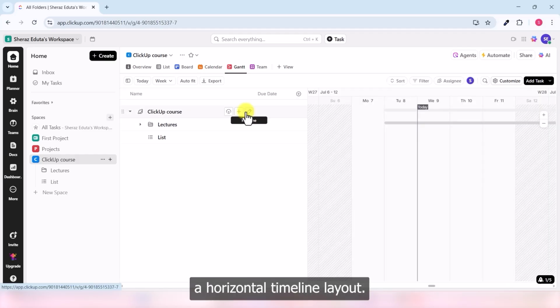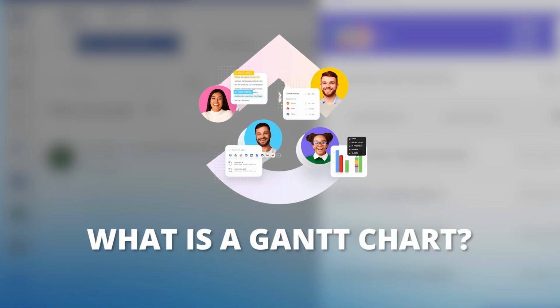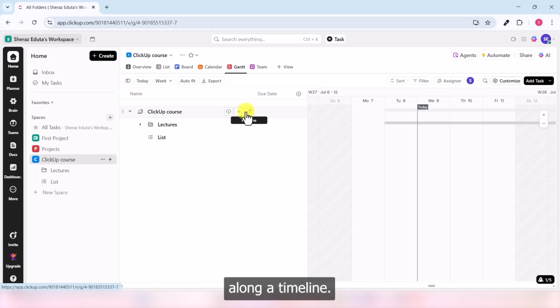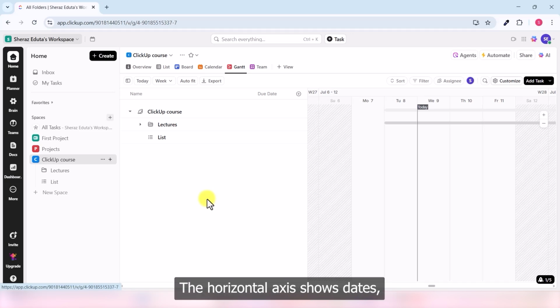This will switch your view to a horizontal timeline layout. What is a Gantt chart? A Gantt chart is essentially a bar chart that displays tasks as bars along a timeline. The horizontal axis shows dates, while the vertical axis lists the tasks. The length of each bar represents the duration of the task, and the position of the bar reflects the start